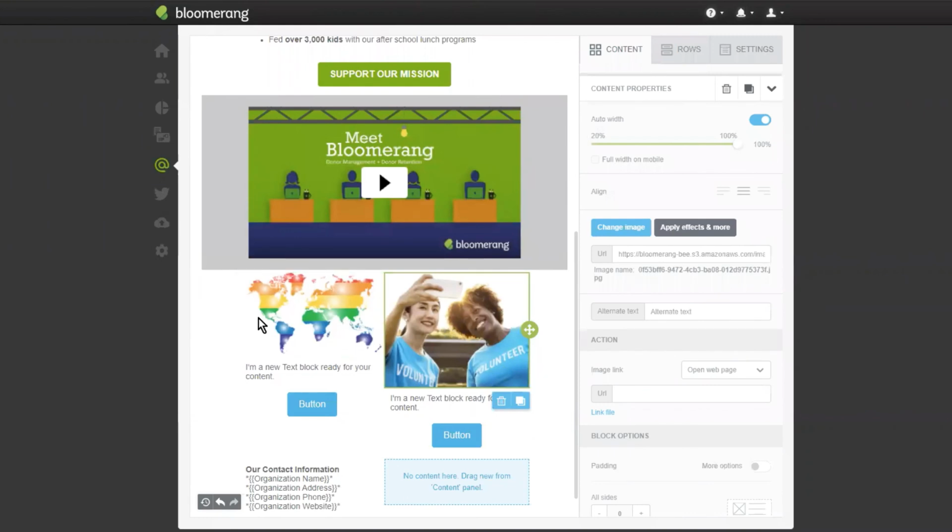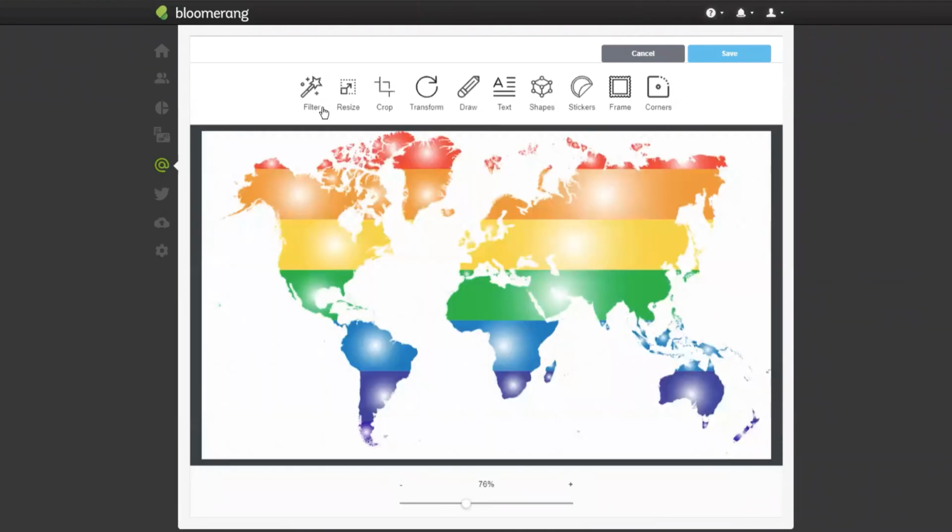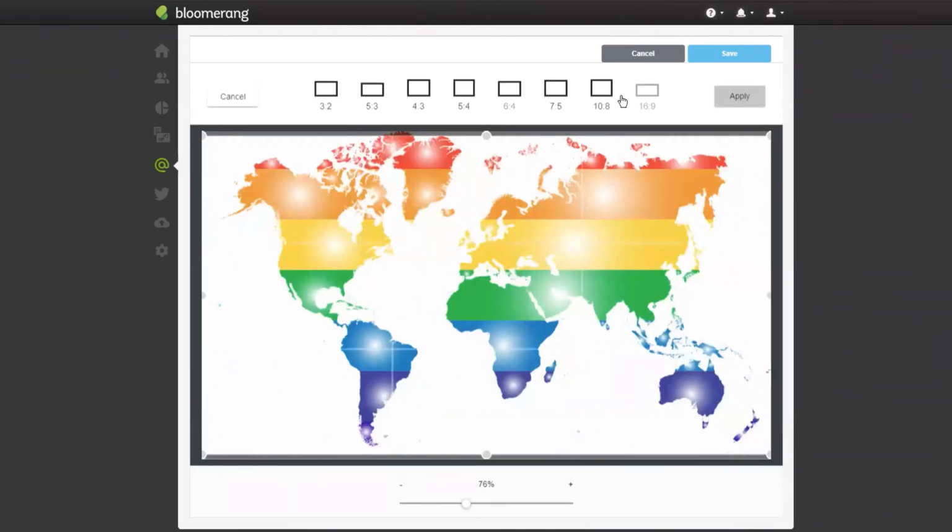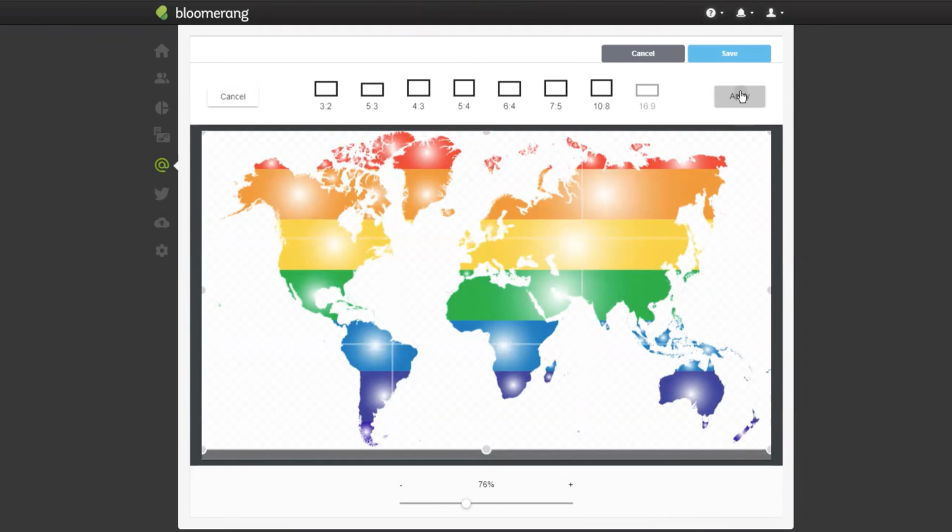Now, one thing that does come up that I want to show off really quickly is these mismatched photos. Notice how these are a little off. It looks a little bad that these are not quite the same ratio. What we can do is use the image editor to change these to the same ratio. Right now this looks like it's maybe a 4:5 ratio, and this might be a little bit more like a 16:9. So let's change them both to about a 16:9. I can click on this image, click apply effects and more. And right here, if I do crop, notice I have these ratios up here at the top. And this does in fact look very close to a 16:9. So I can click apply